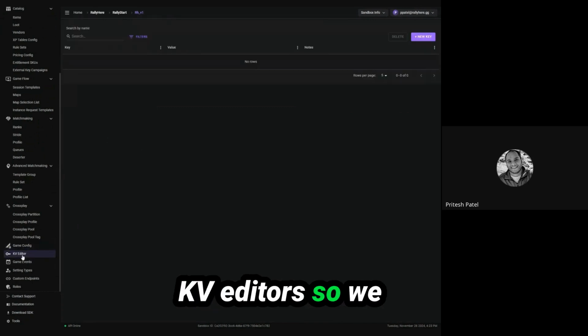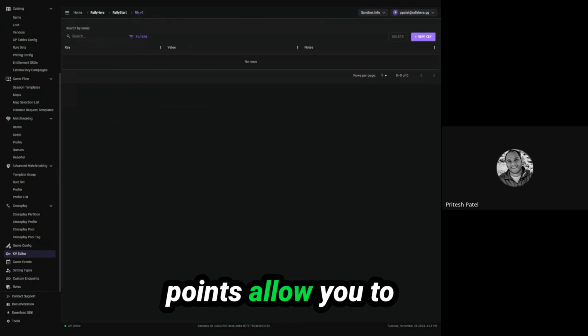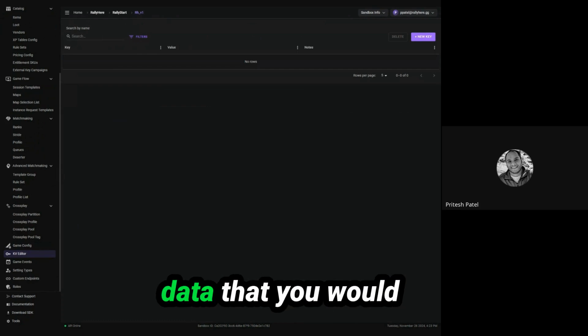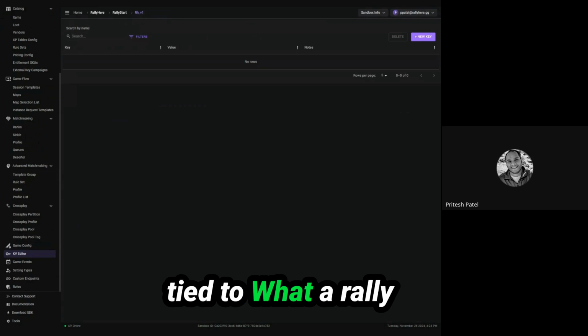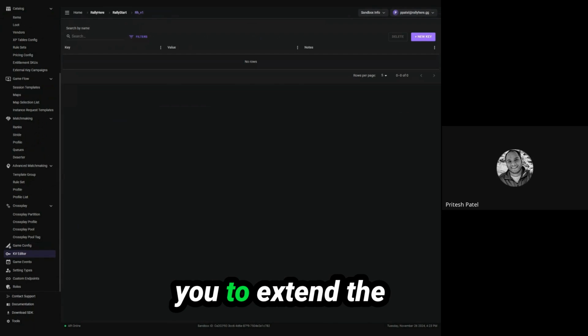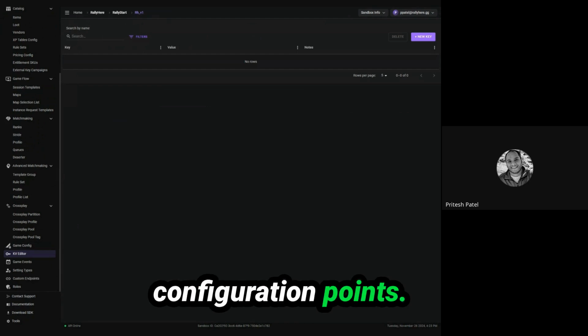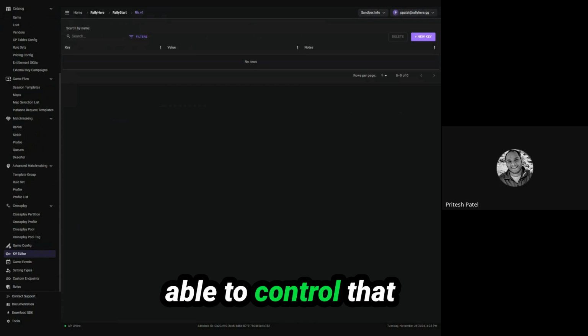KV editors. So we talked through all these various configurations that we allow. The one thing I forgot to mention is each of these configuration points allow you to also define custom data that you may want to include that's not tied to what Rally here provides as meta configurations. Key value allows you to extend the functionality such that we have all of these various configuration points, but there are other configuration pieces that you want to send to the game client. So you would define what that key is and value, and then you're able to control that through the portal